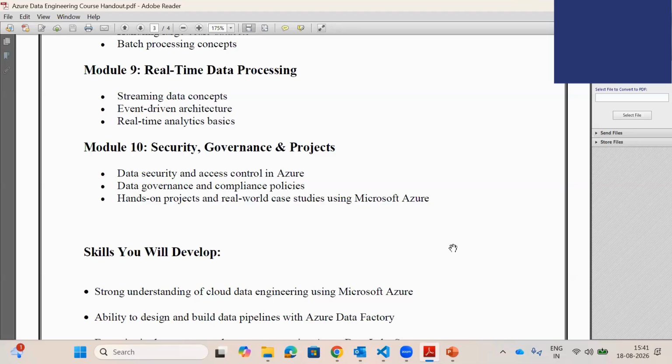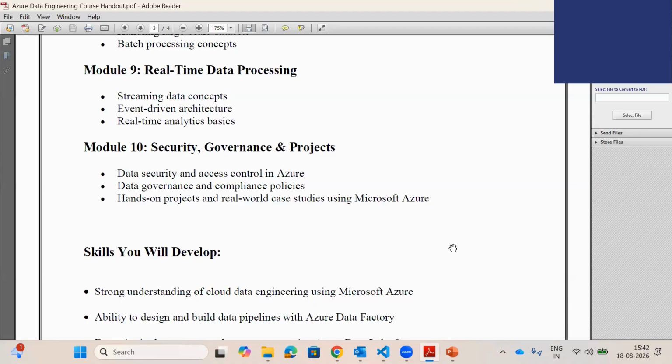When I say security and governance, it's because if the data is leaked, whatever hard work we have done as of now would be of no use. If it is misused by someone who is going to harm the complete system, that's not a good thing for us or anyone. So we are going to understand the multiple security options, access control in Azure, data governance, and compliance policies, and how we can apply them.